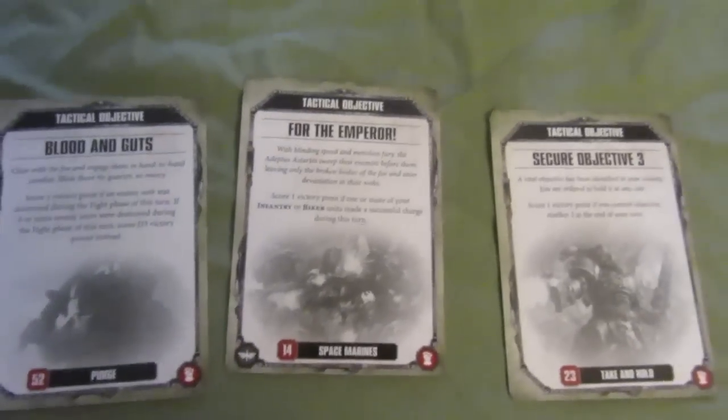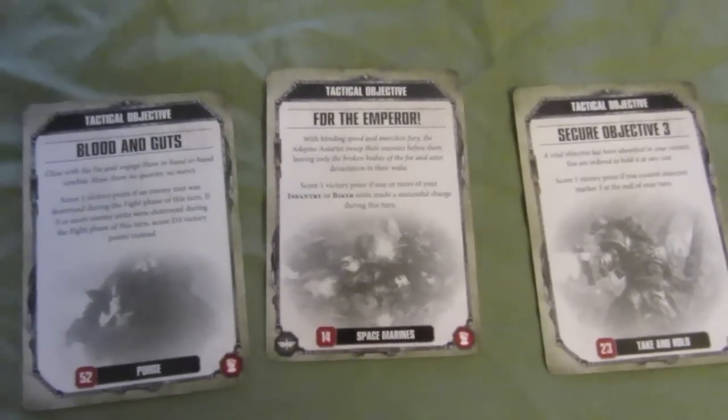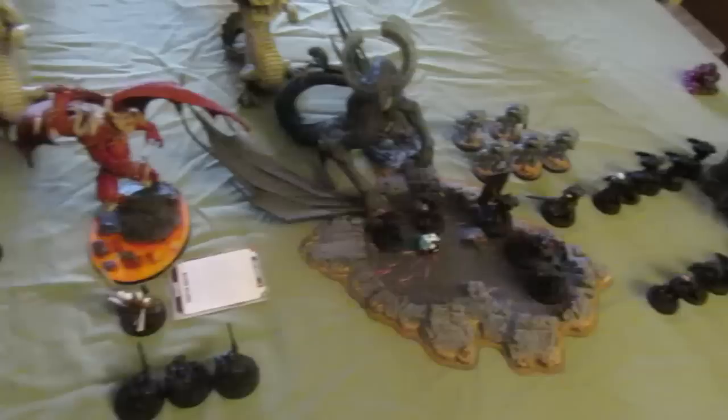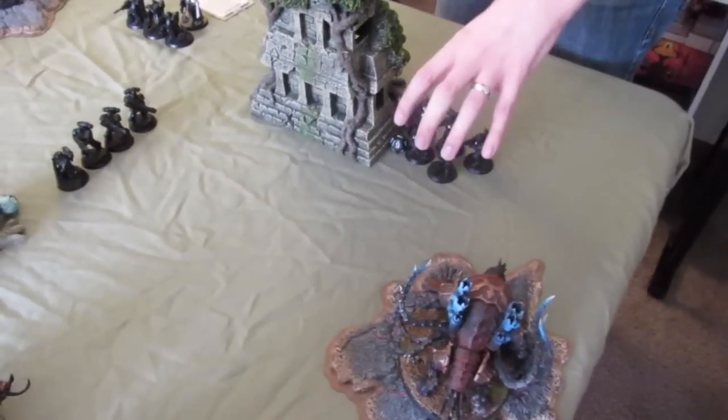So that is what he got for his turn: secure objective 3, and for the Emperor, which objective 3 is right there. And for the Emperor, he just has to get into close combat with one of his infantry units, which is very, very doable. So, first shot with these guys,